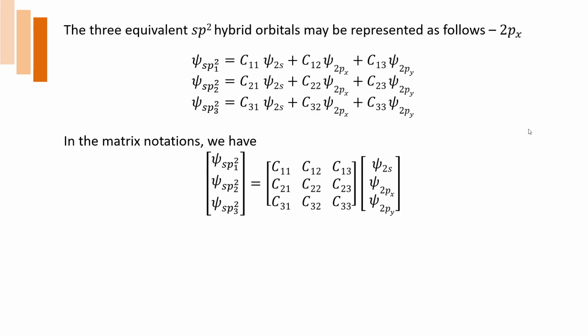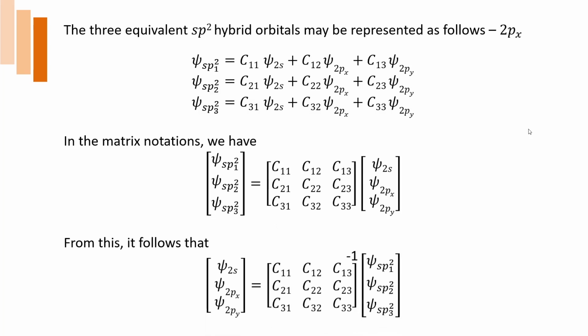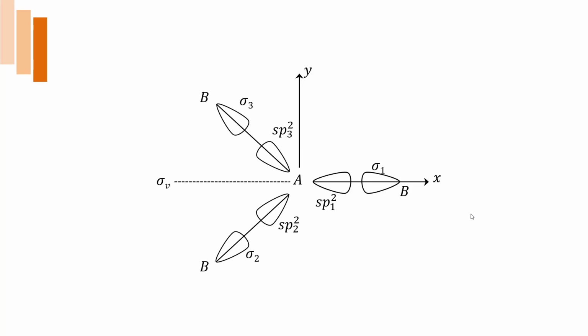If you manipulate this, then if we want to change these positions in terms of psi 2s, psi 2px, and psi 2py, this c11 expression is going to be divided by this factor. So this is getting inverted; there is an inversion here at this point. Now these parameters are here, so psi sp2-1, psi sp2-2, psi sp2-3 in terms of the wave functions can be demonstrated. And writing the inverse of a matrix simply means changing rows into columns.